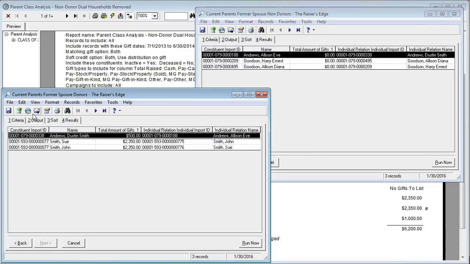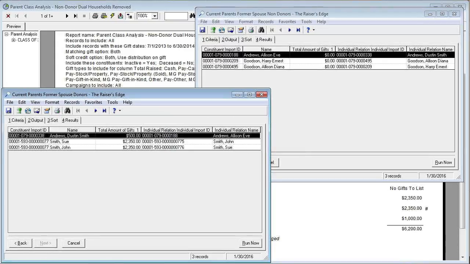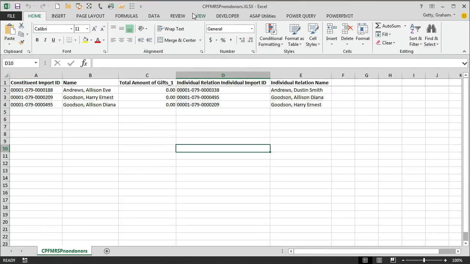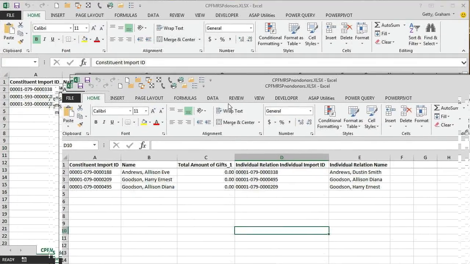And you also need to export both the donors and the non-donors out into Excel. Then in Excel, go ahead and do some quick formatting. You've got your donors and your non-donors, the non-donor spouses. And then on your non-donor file, I'll move this down. So we can see